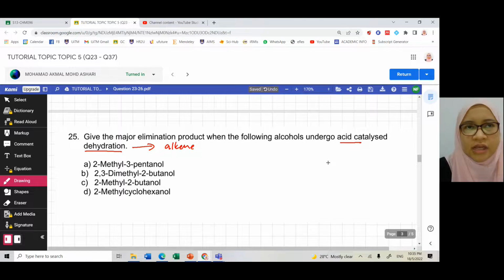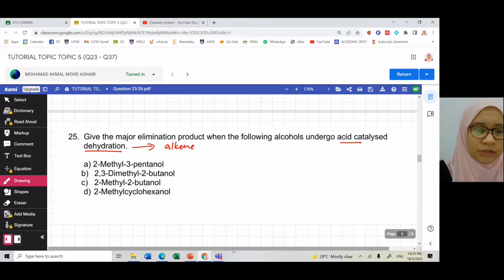Hydrogen and OH will be removed from the molecule and finally form the double bond. We have 4 compounds here, 2-methyl-3-pentanol, and so on. First thing first, you have to draw the starting molecule so that you can predict the